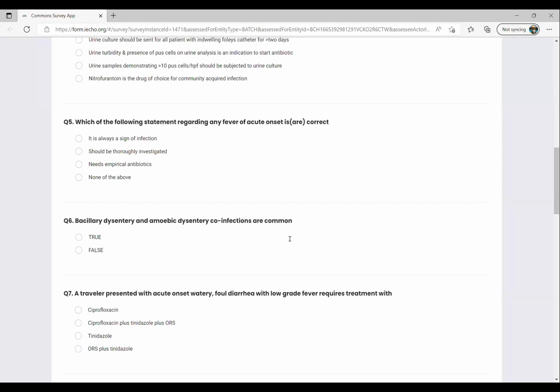Acute fever, as the question says, just 2 to 3 days of fever, does not need thorough investigation. You have to just go by the season, dengue season, malaria season, and accordingly, first you have to rule out these common causes, and then if the fever is not coming down, perhaps you need further investigation. And of course, empirical antibiotics are not needed, because most often it is a viral infection. And anyway, dengue, malaria, all these infections don't get better with antibiotics.